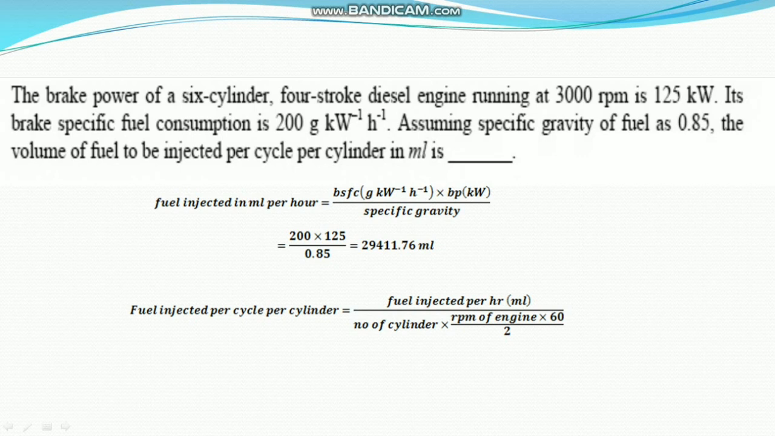And since we have calculated the fuel injected in liter per hour, here the rpm is per minute, so you have to multiply to make it per hour, number of cycles per hour. That's why 60 is multiplied. Straightforward, putting the values, that is 29,411.76 ml calculated per hour divided by 6, the number of cylinders, 3000 is the rpm, 60 by 2, it will be